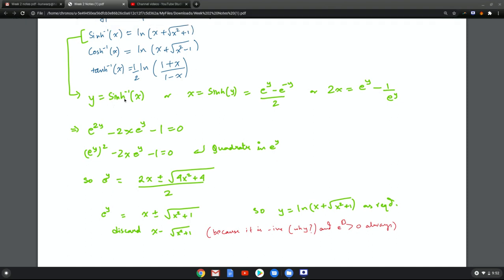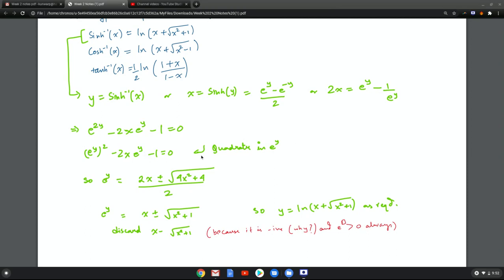Let y equal sinh inverse of x, which means x is sinh of y, which is (e to the y minus e to the negative y) over 2, or 2x is e to the y minus 1 over e to the y. Now multiplying throughout by e to the y, I get e to the 2y minus 2x e to the y minus 1 is 0, which becomes (e to the y) squared, using properties of exponents, minus 2x e to the y minus 1